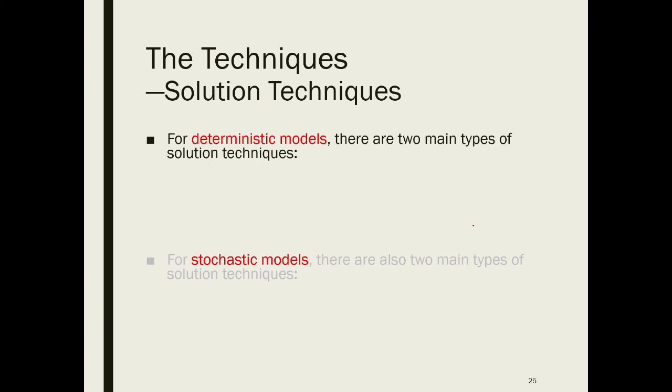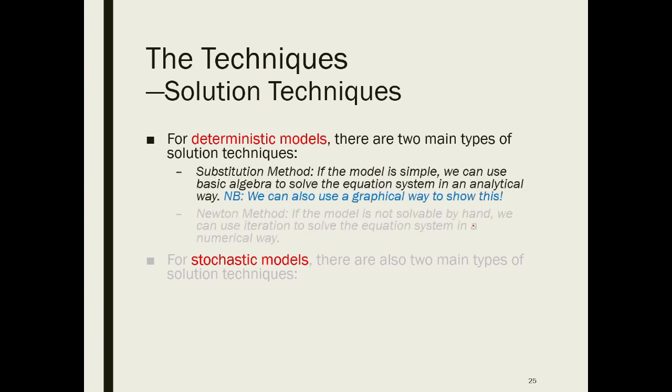In our module, we will only discuss deterministic models. So solving a model like this is essentially solving a simultaneous equation system. If you have ever done GCSE maths, then you should be able to do all the jobs in this module. For simple models like ours, you basically apply the substitution method to solve a simultaneous equation system.